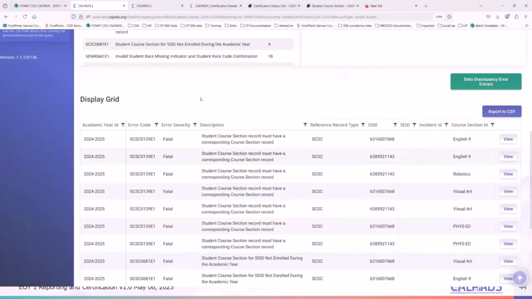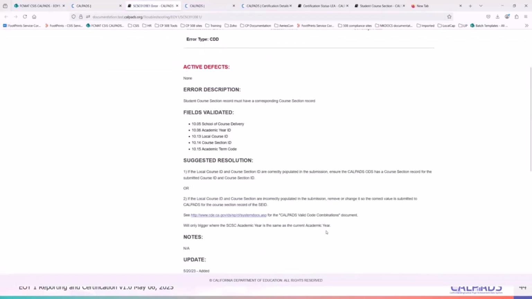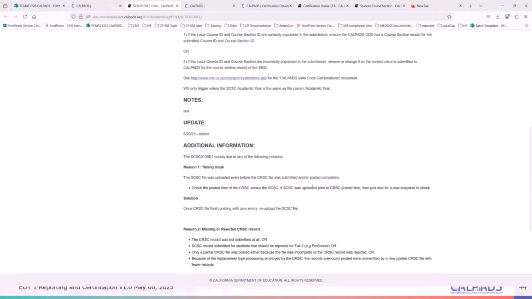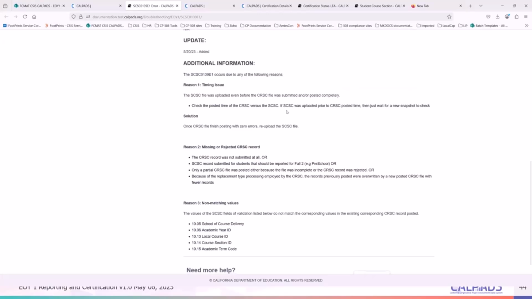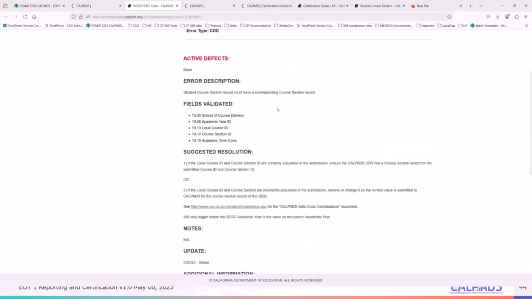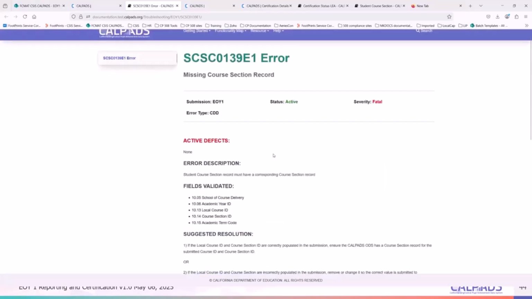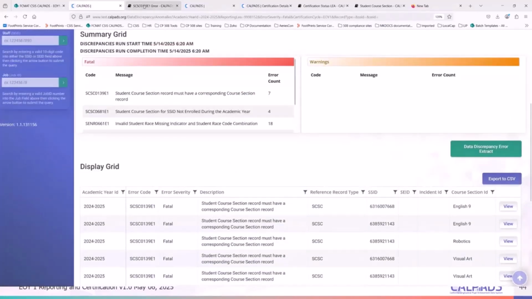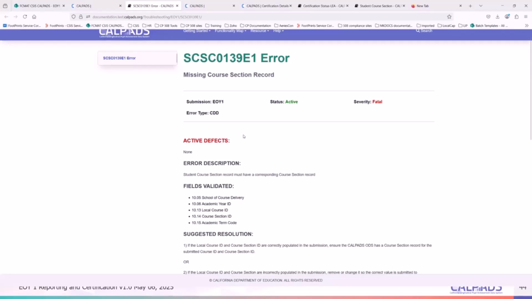However, I would recommend that you just click on this link here, which is the error, and it would then link to the CalPads error itself. Okay, so this is a version of the error list. However, we have additional information that we add as trainers that may help you when resolving errors. Then, of course, if this error is triggering a defect or was caused by a defect, we will have the defect number here. So I would recommend just clicking on this, and that way you would be able to easily look at the error and resolve it.